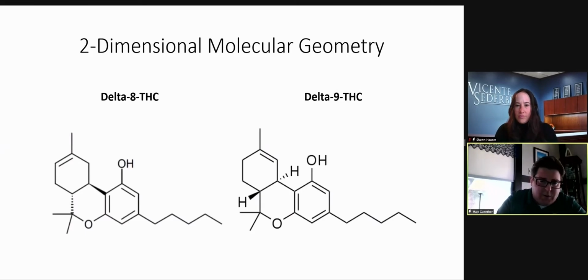When you're looking at these structures, the bottom right of each compound has what's called a pentyl chain. That zigzag goes down, up, down, up, down. I know just looking at things chemically that is 5 carbons and as many hydrogens as it needs to be stable. That top left, I know that's CH3 because it's a carbon with as many hydrogens as needed to be stable. The reason that's important is because